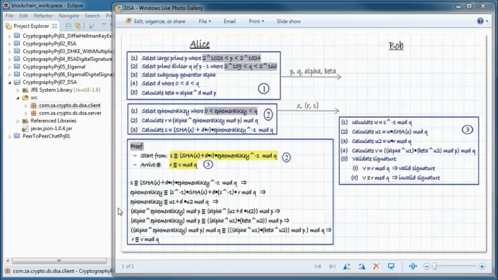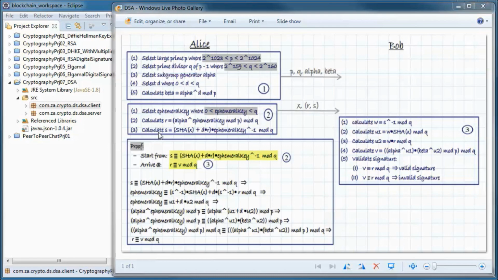And now each time she wants to send a signed message to Bob, she selects an ephemeral key between 0 and q, and then she calculates R, which is congruent to alpha to the power of the ephemeral key in mode p, and all of that in mode q.